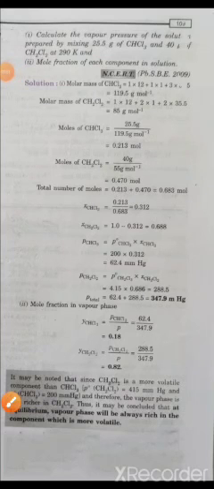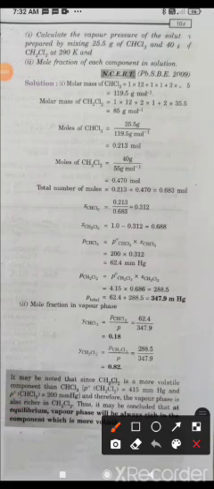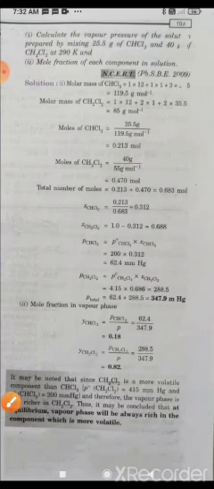So in this there is a slight mistake, a printing mistake. It is given as 4.15 here, that is actually 415. When you look at it in the problem, it is given 415. It is not 4.15, it is 450. So you'll be getting this answer. So this is about this problem.